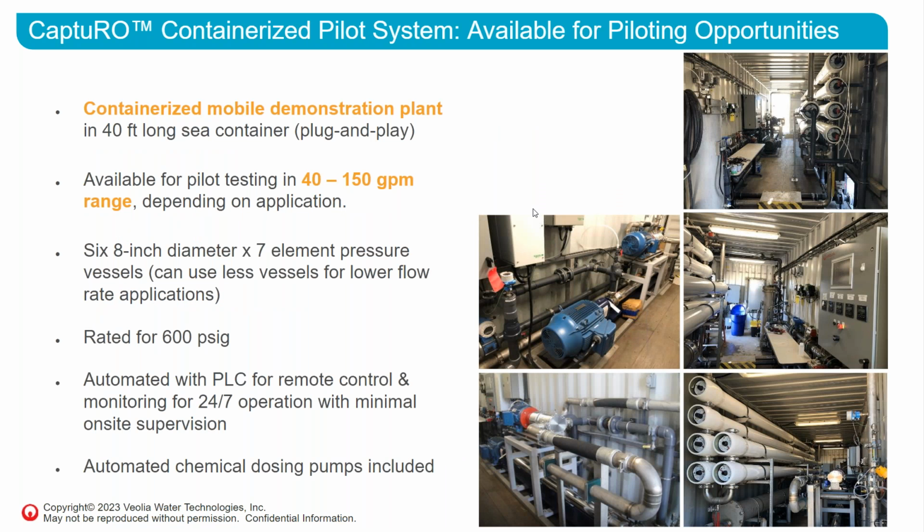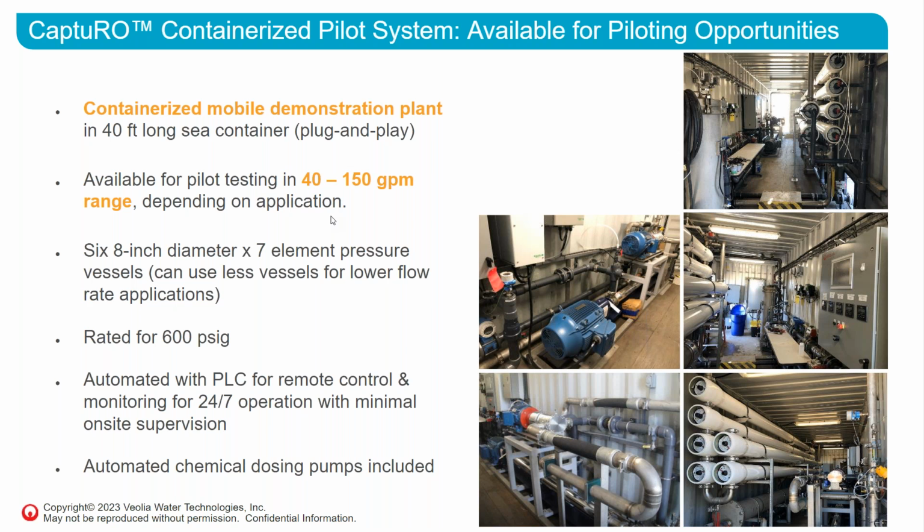And then we also have a sea container. This is a mobile demonstration plant. It's a 40-foot long sea container that's pretty easy to install. You can take it to a site and crane it in and hook it up pretty easily. Depending on the application and what we're trying to demonstrate, we may operate it anywhere in the 40 to 150 gallon per minute range, but we're basically trying to validate a full scale opportunity and